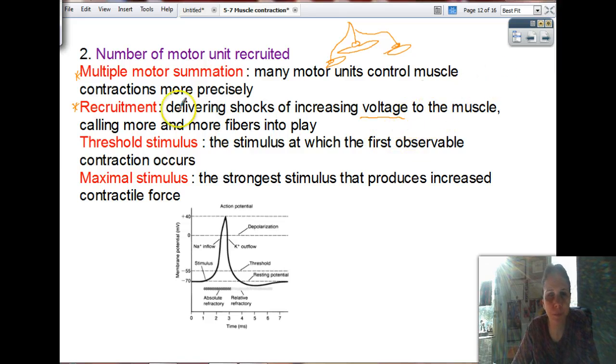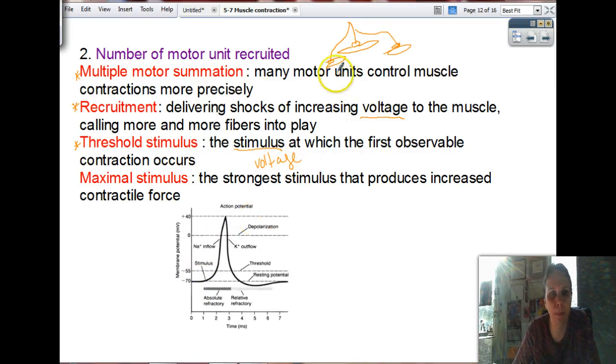There's this thing called the threshold stimulus, which is the stimulus at which the first observable contraction occurs. So if I'm zapping my muscle cells with my brain in small volts, then my muscle cells are going to be like, yeah. So I increase the voltage, no. Increase the voltage a little more, okay, and then the cells start moving. So a threshold stimulus is the stimulus, or the voltage almost, that is minimally required in order to get a